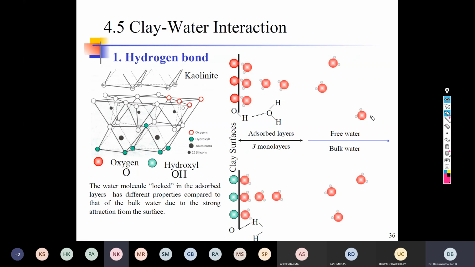Not even with the help of a muffle furnace, can't we remove this water? You can do it when you elevate the temperature; at 400 degrees centigrade you will remove the structural water. At 400 you can do it. It's a common phenomenon. That's why when you look at any graph where they talk about structural water, structural water means the Stern layer. That can be removed approximately between 350 and 450.